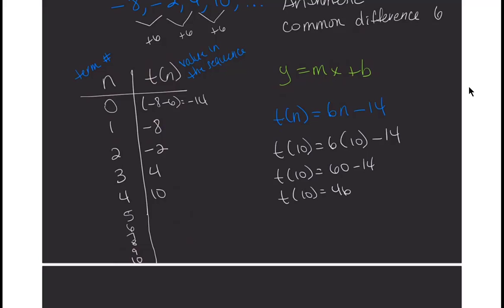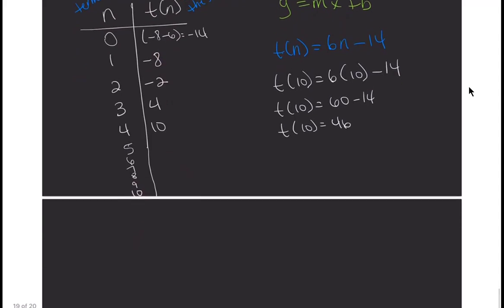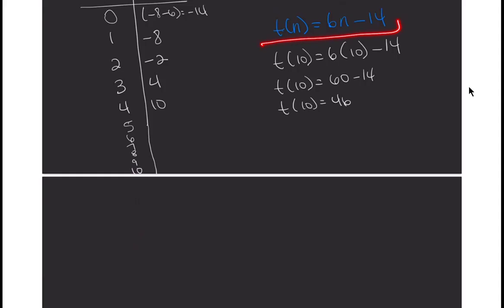So I want to talk about this. This is called the explicit formula. So let's just talk about our two little forms. So if we want to talk about the explicit equation,